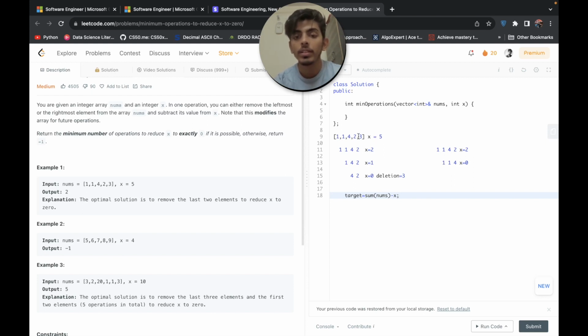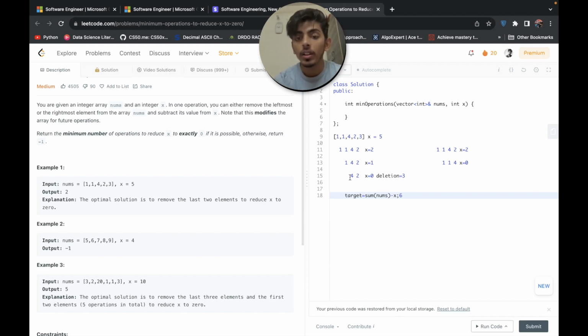So if the sum is 11, and we subtract x from it, the target will be 6. Our main focus is to find the subarray which has maximum length, and the summation of its elements will be this target.